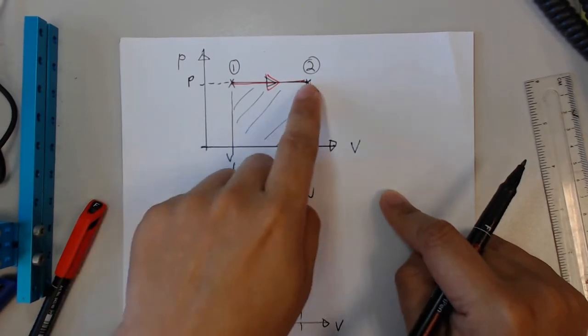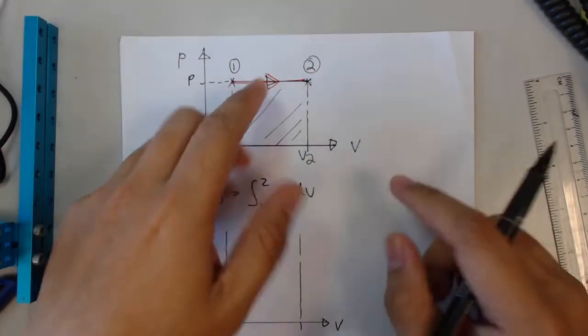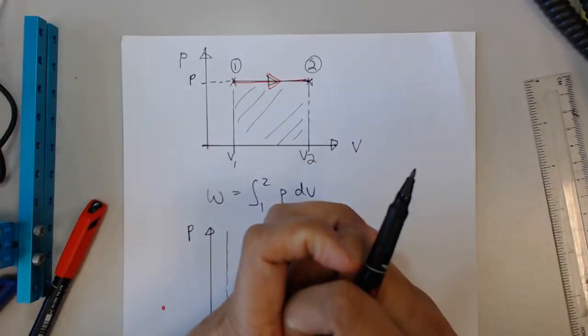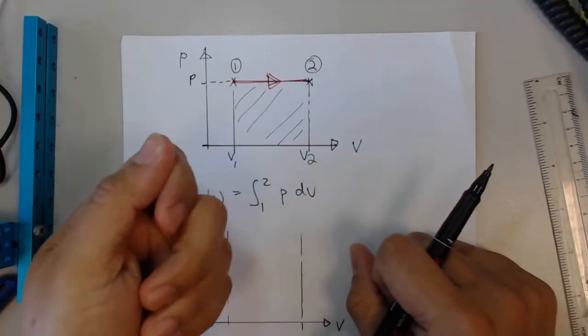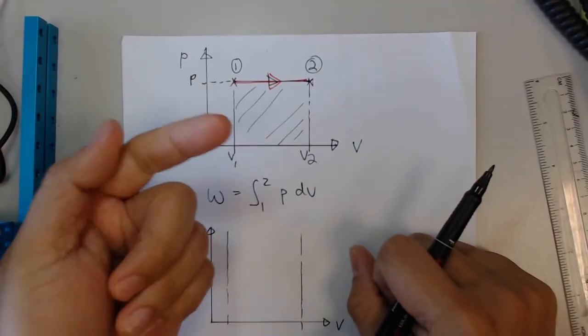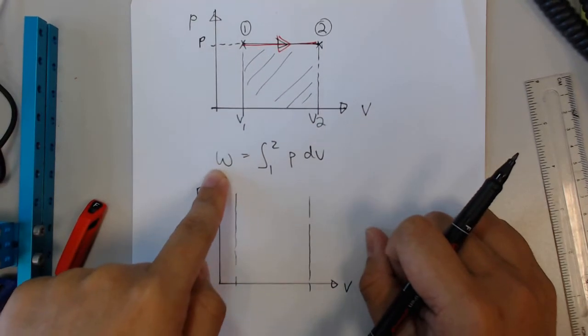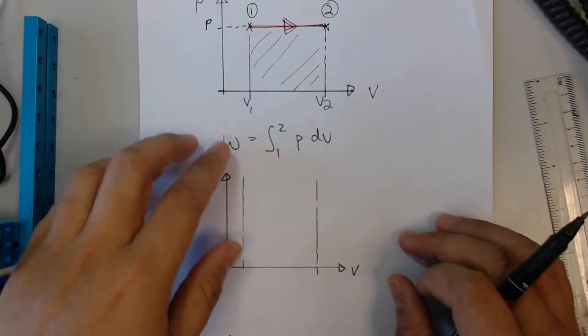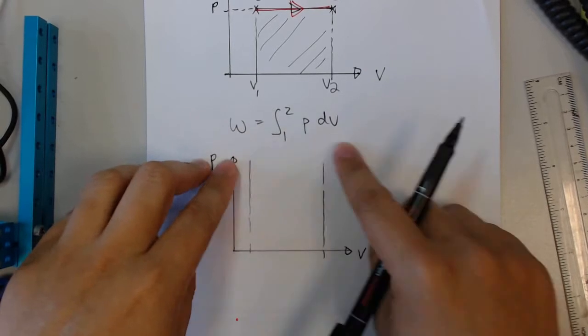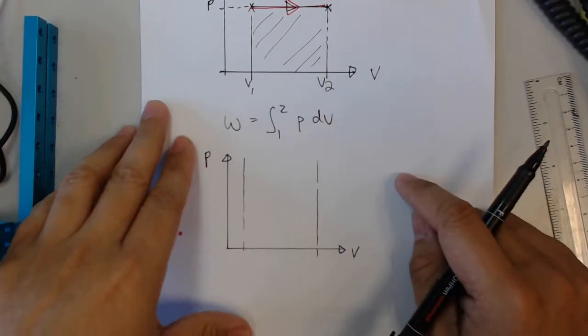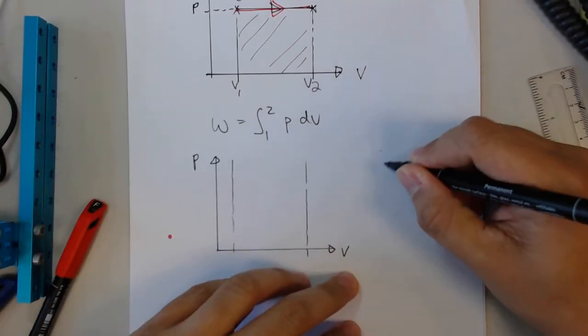Because you go from a big volume to a small volume, you're actually compressing the gas, and the work done is not done by the gas. It is work done on the gas, and the work will be a negative value. Alright, so we will show that later on, but let's just look at another process, and that is the constant